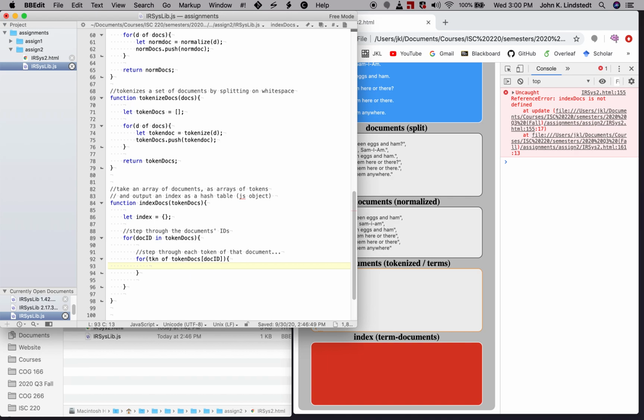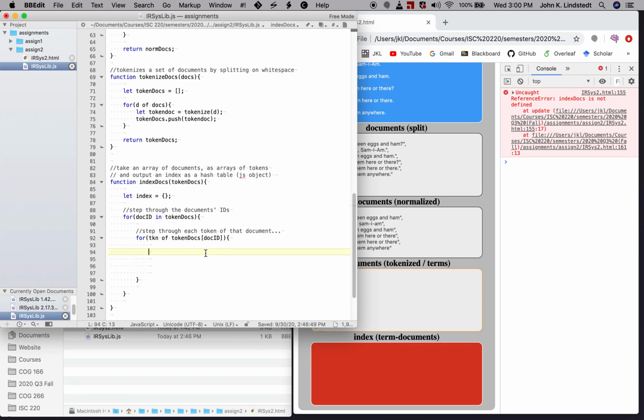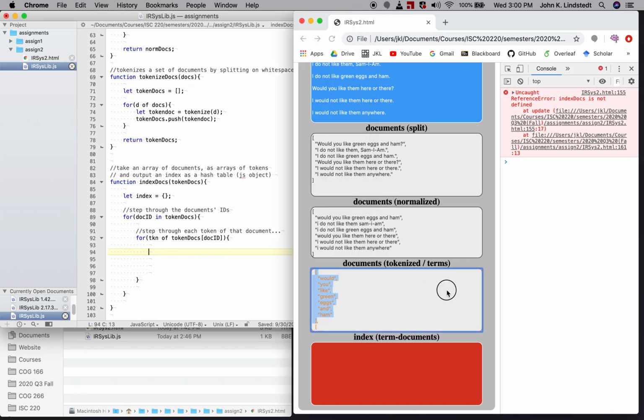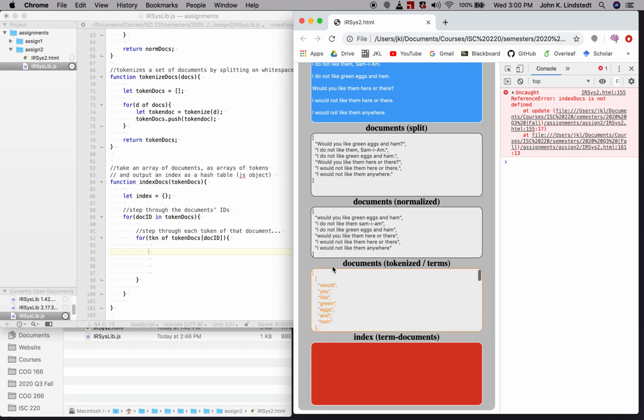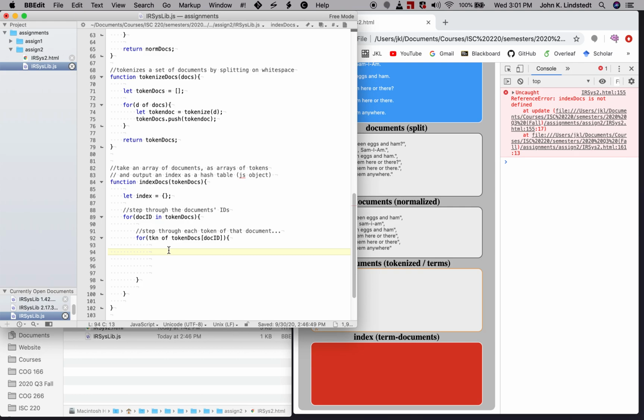So, okay. We're doing a double loop, right? We're going to say for each one of these, so for each document, and then within that loop, for each token, right? For each term. What am I going to do? The same thing we did when we were doing it by hand. We're going to say, okay, wood. First question, is wood in the index already? If not,